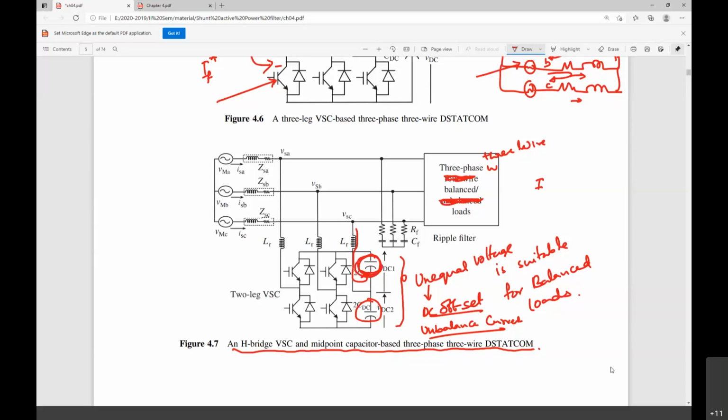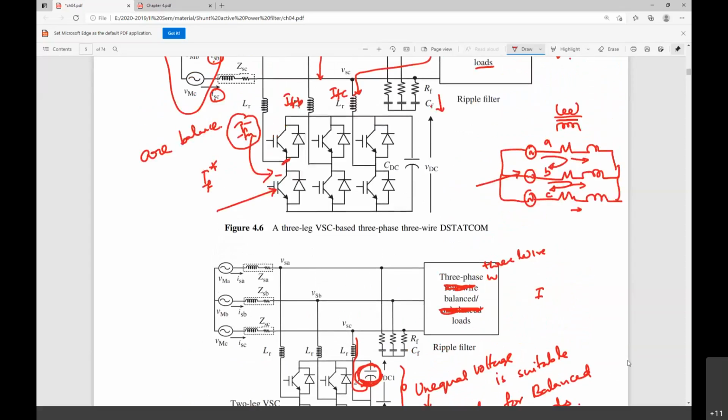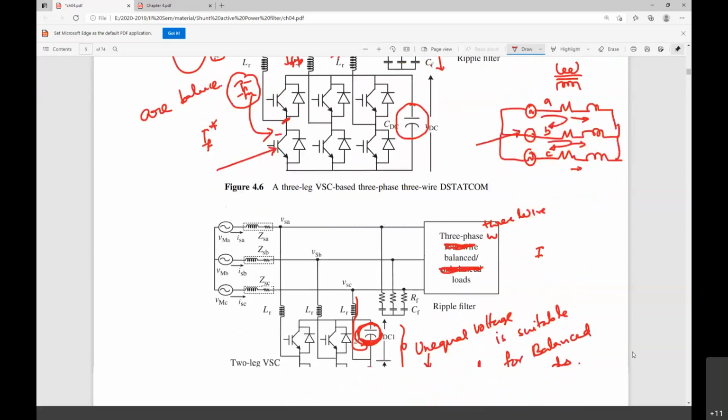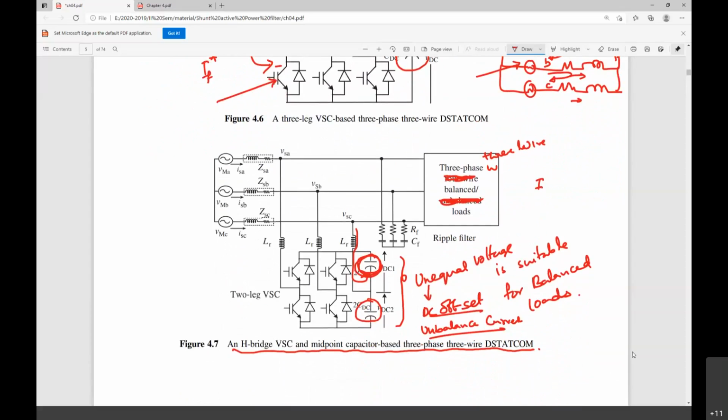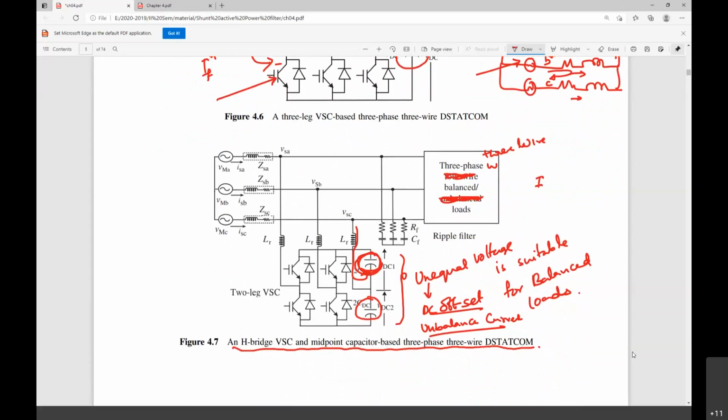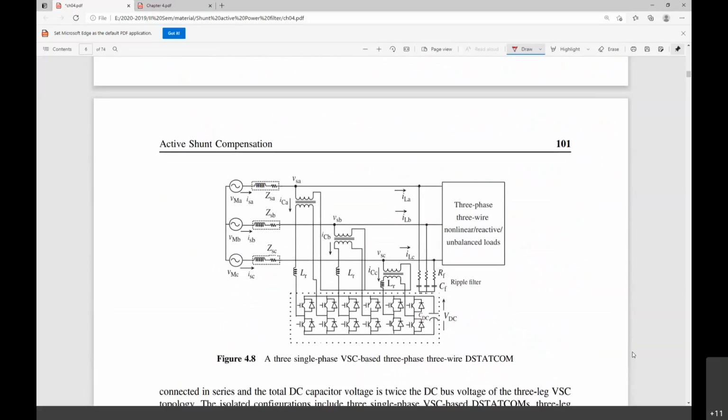This particular voltage has been charged to more than the voltage which is stored in this VDC. Looking at the requirement of the capacitance, this CDC, then obviously the voltage should be much higher also.